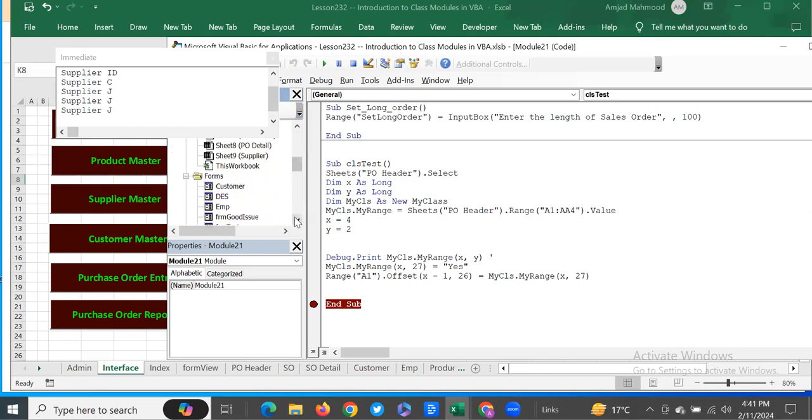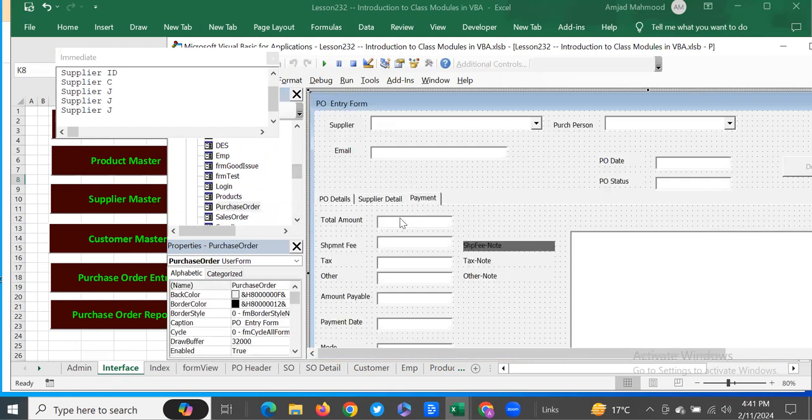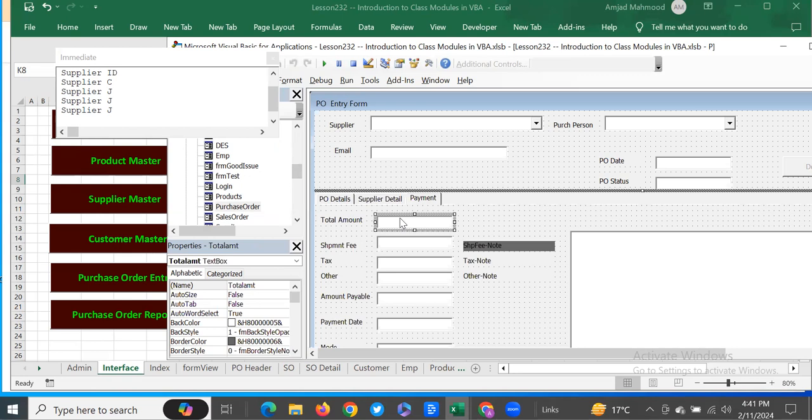So this is our project purchase order form. It has so many objects. This is a field object. It has its own properties: auto tab, auto size. These are all attributes of the field which can be set and altered, and each has its own